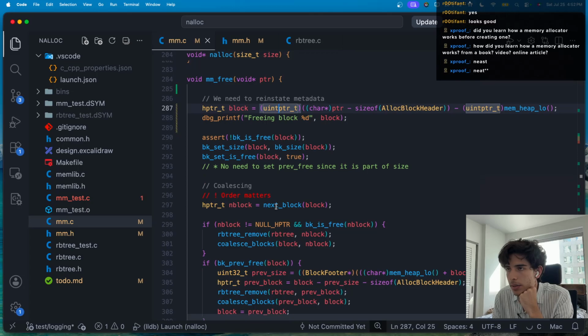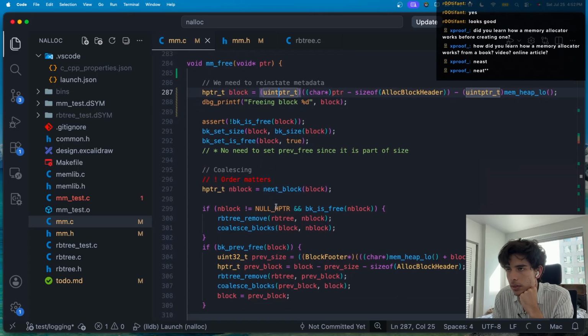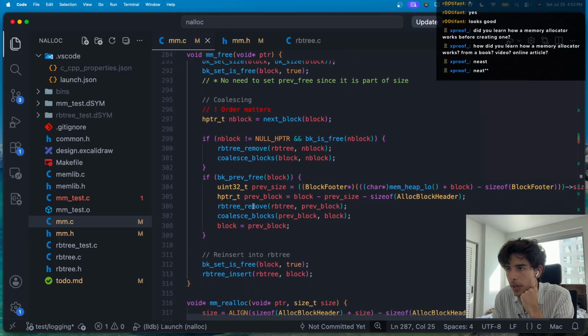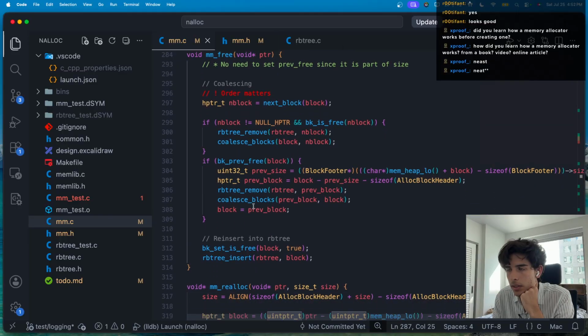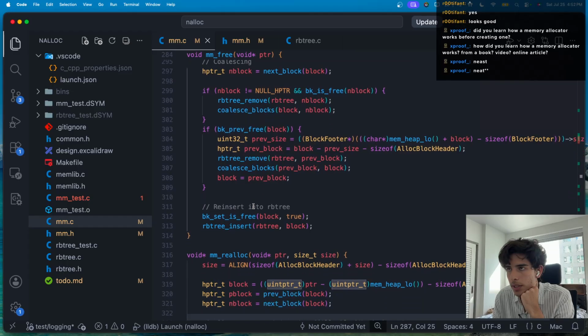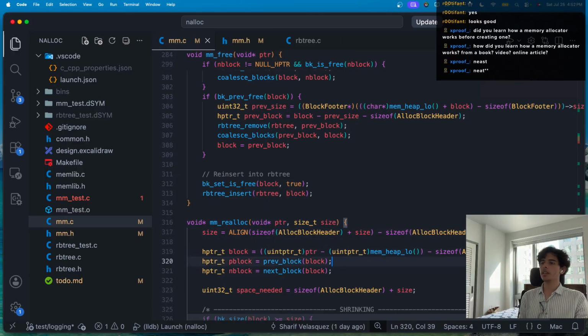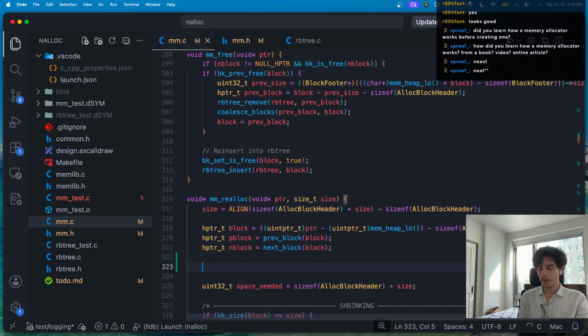Then what else do we need to do? We have this here. I'm going to reinsert it to the red black tree. Yeah, that's fine. Then with realloc, we need to do a similar thing where we do a debug print